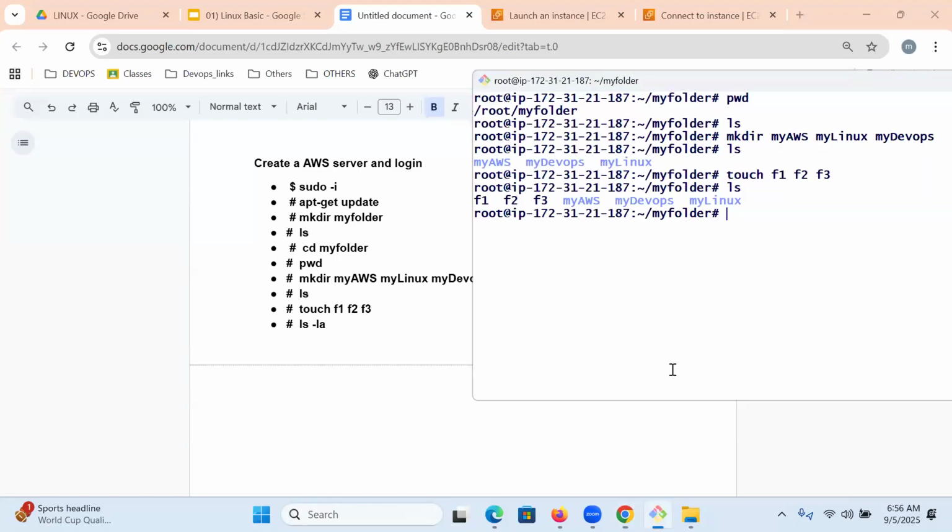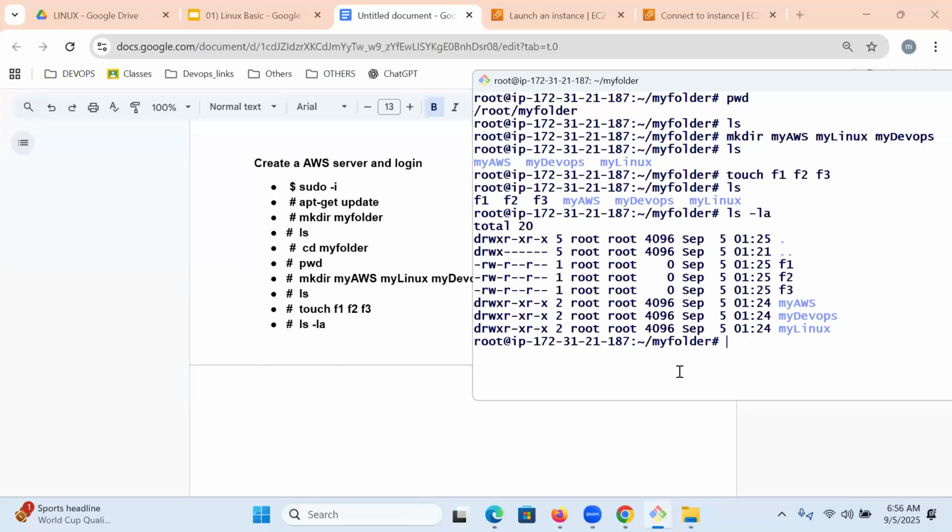ls -la. If you execute ls -la, in this location you can come to know. D means directory. Hyphen means a file. When you see this hyphen, that is the meaning of file.